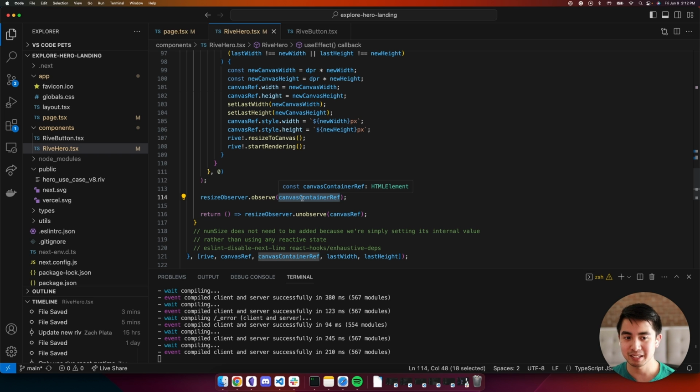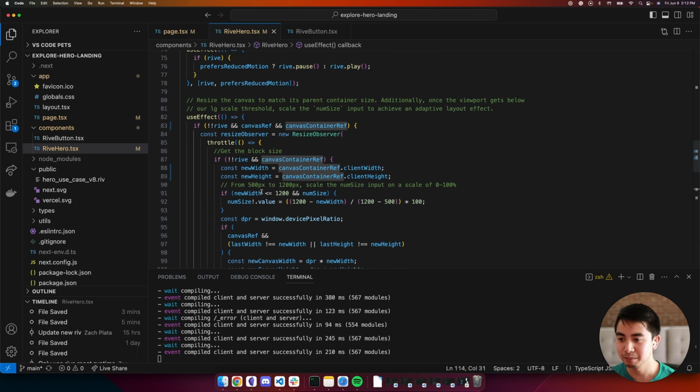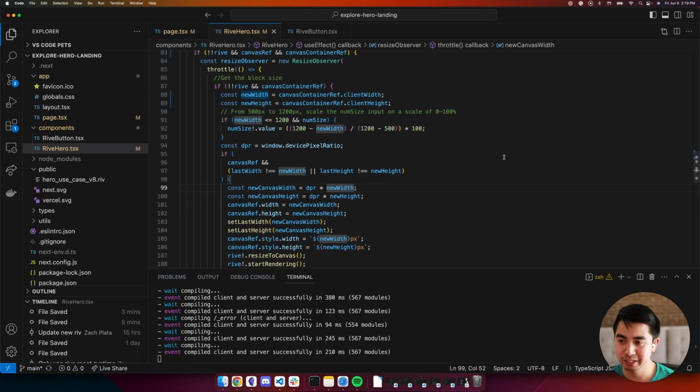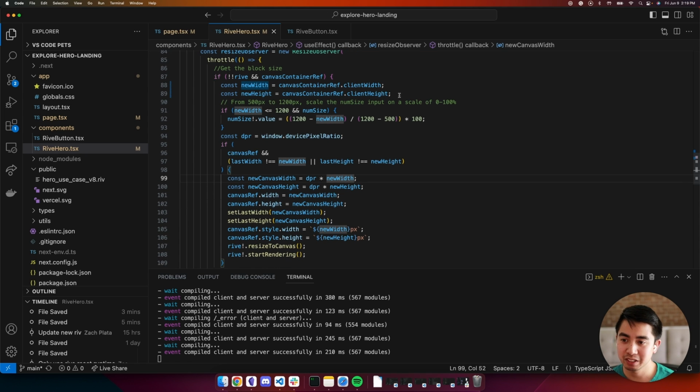And the space is basically CSS of saying width 100% and height 100%. So anytime that changes in pixel size or whatever it might be, we're going to execute some logic within this resize observer. So taking a look at the logic that we want to execute every time that div element resizes, the first thing we want to do is grab the new width and height of that div element. So if the window resized and the div element resized accordingly, we want to get that new width and height because we're going to scale the canvas accordingly.